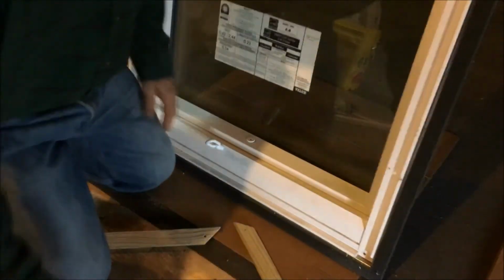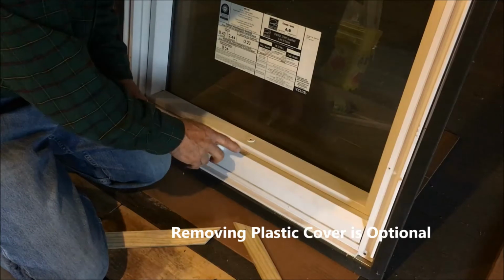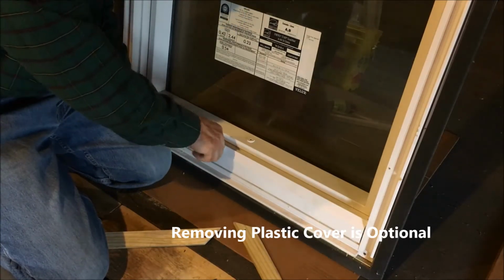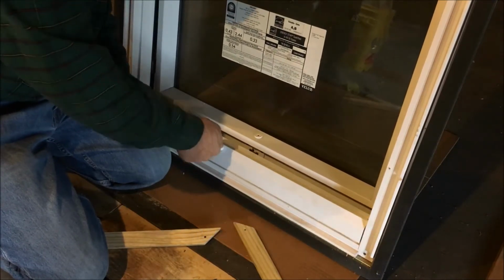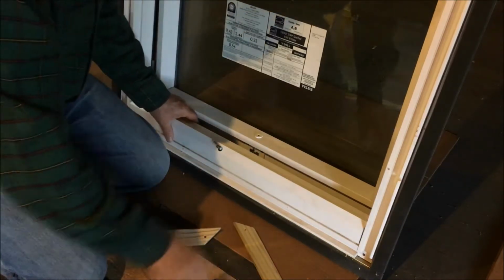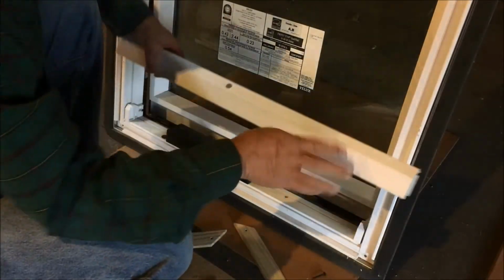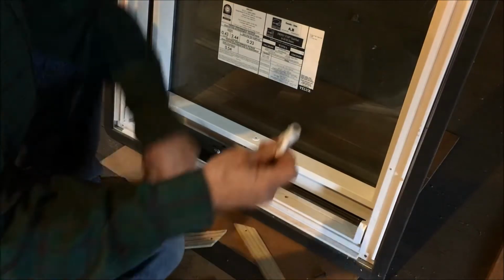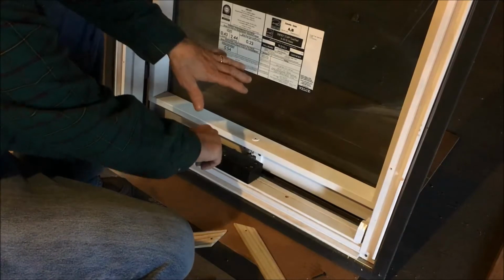Before you go about installing the corner brackets, you want to remove this plastic thing at the bottom. So I'm going to actually open the window a little bit, and I'm going to remove the twister, and then I'm going to pop this plastic. And once the plastic and the handle are out, you want to use the handle to close the window again